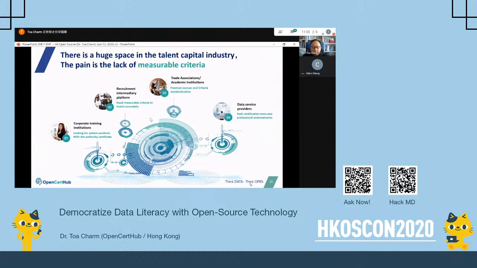So you look at this chart, and it's very important that we need a standard. We need a standard that people can refer to, right? Just like accountants, engineers, and doctors, you have a certain kind of standard examination and qualification that both sides can rely on and trust. So the people I hire, I know how good they are, and the people who want to take some training, they know what level they need to reach in order to have the qualification, and then their dream employers will hire them.